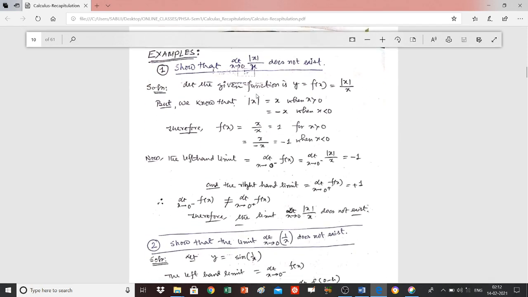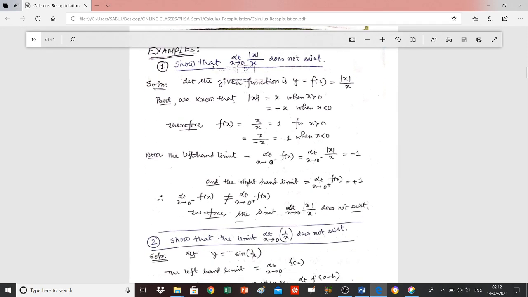Here are some examples to show that the limit as x tends to 0 of mod x by x does not exist. So we have to prove that this limit actually does not exist. You know that the given function, so just write here the given function y is equal to f(x), that is equal to mod x by x, and you know that